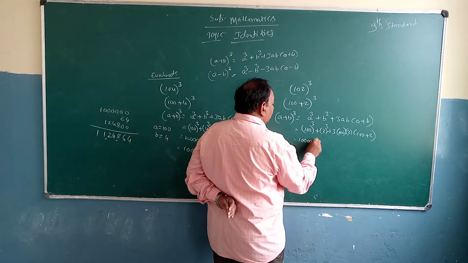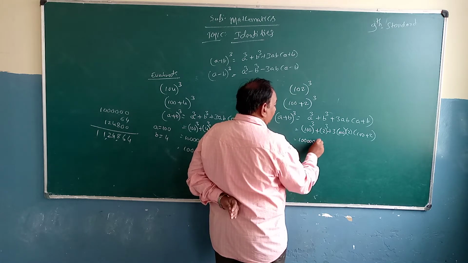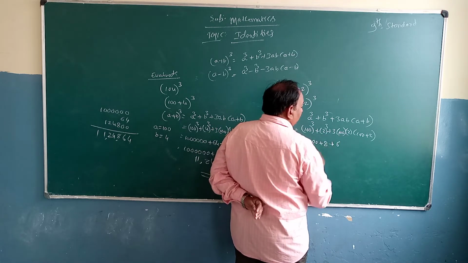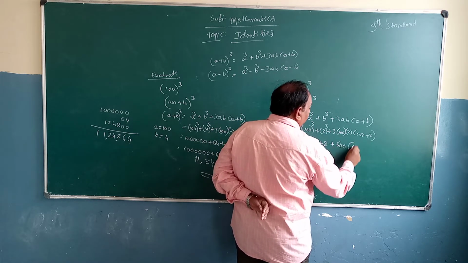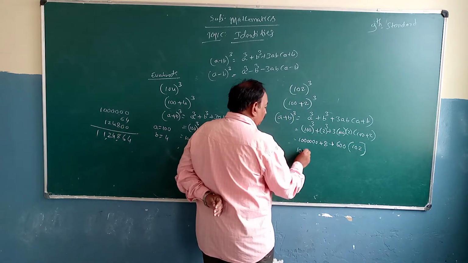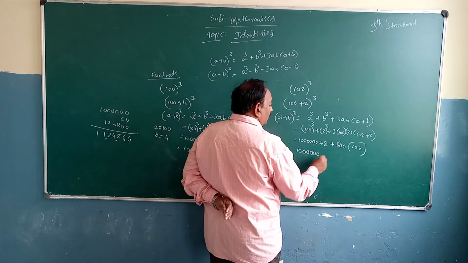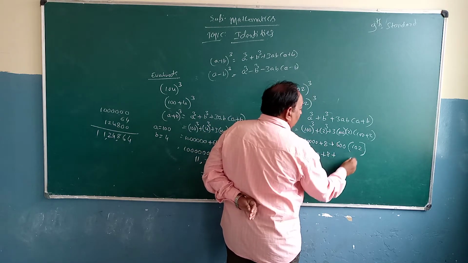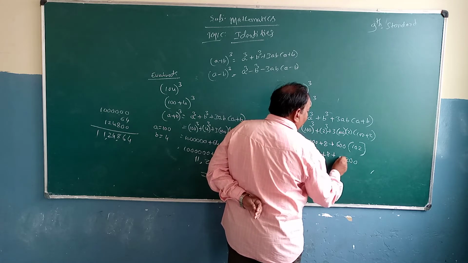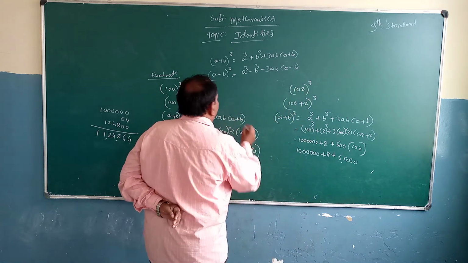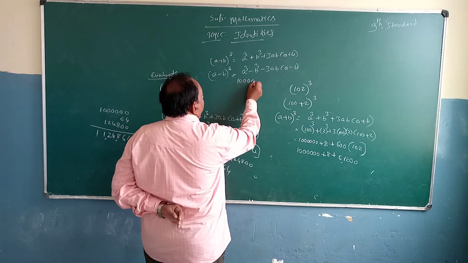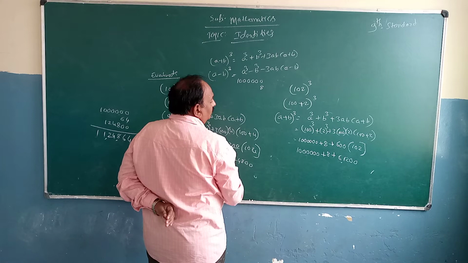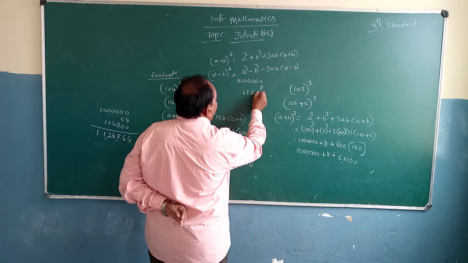1 followed by 6 0s, 2 4 5 6. 2 2s are 4, 2 4s are 8. 3 1s are 3, into 3 2s are 6. 600 into (100 plus 2), 102. 1 2 3 4 5 6 plus 8, plus put 2 0s as it is. 6 2s are 12, carry 1. 6 1s are 6. Add all these. 1 2 3 4 5 6 plus 8, 61,200.